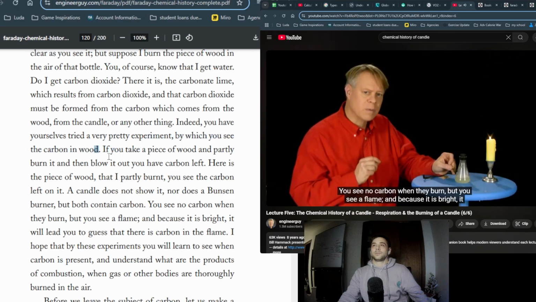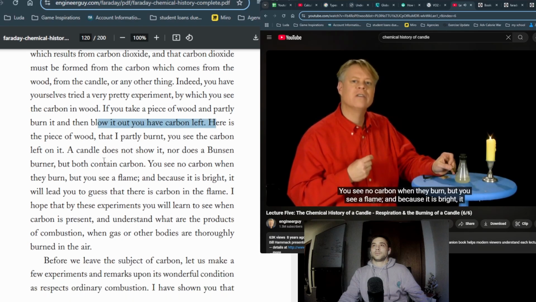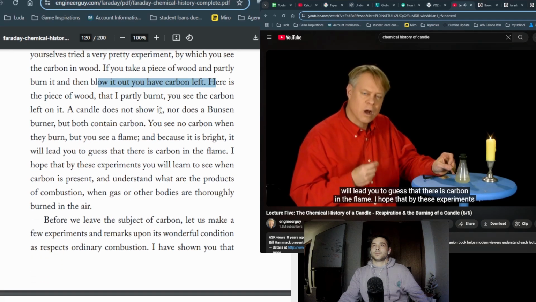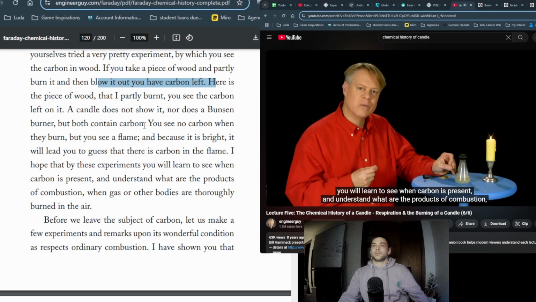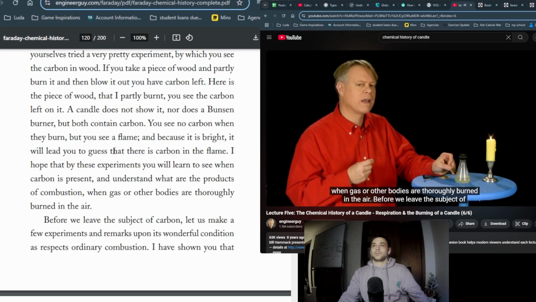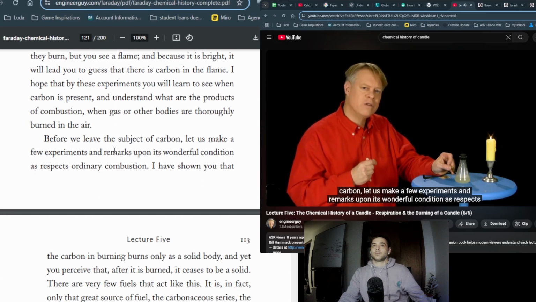You see no carbon when they burn, but you see a flame, and because it is bright, it will lead you to guess that there's carbon in the flame. I hope that by these experiments you will learn to see when carbon is present and understand what are the products of combustion when gas or other bodies are thoroughly burned in the air. Before we leave the subject of carbon, let us make a few experiments and remarks upon its wonderful condition as